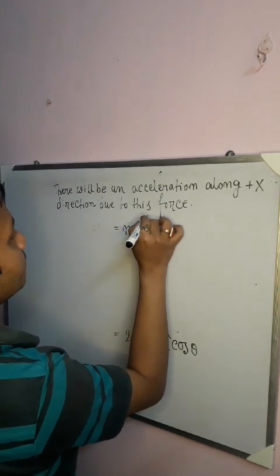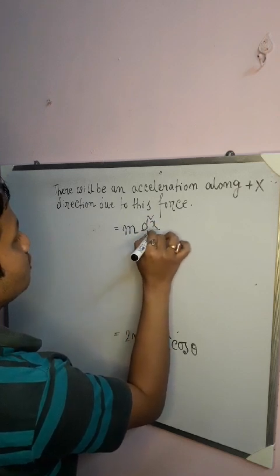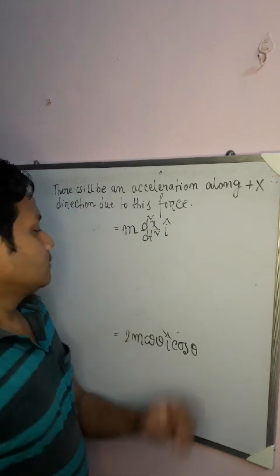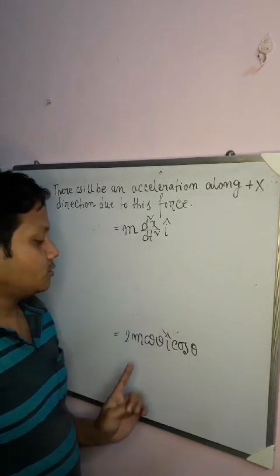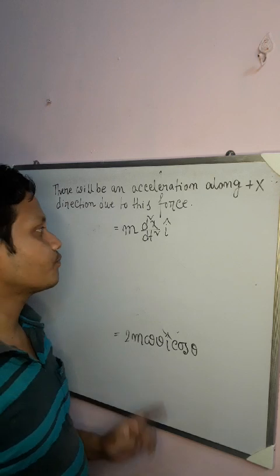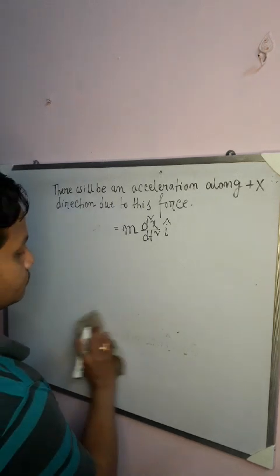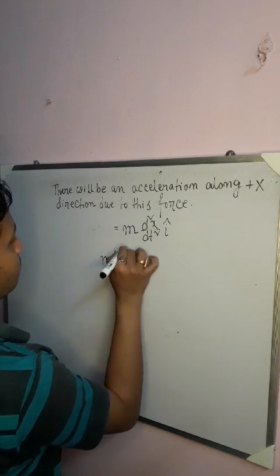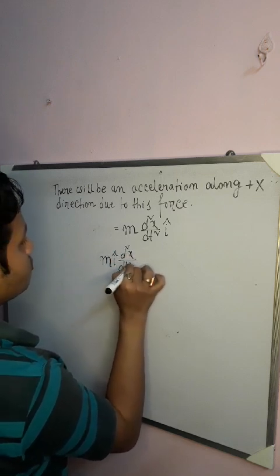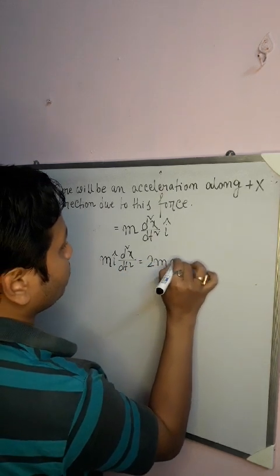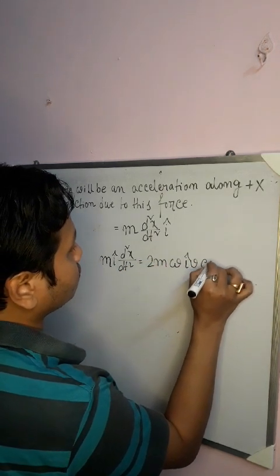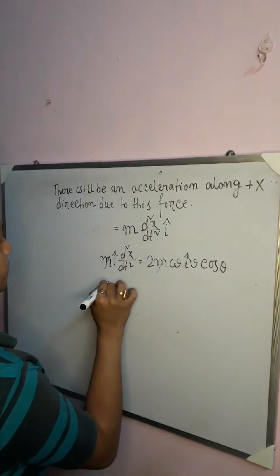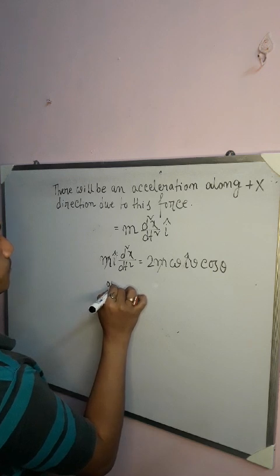Mass m multiplied by d2x/dt2 into i cap, since it is produced in the x direction, this is the force and that must be equal to this force. So m i cap d2x/dt2 equals 2m omega i cap v cos theta. i cap also cancels. Okay,